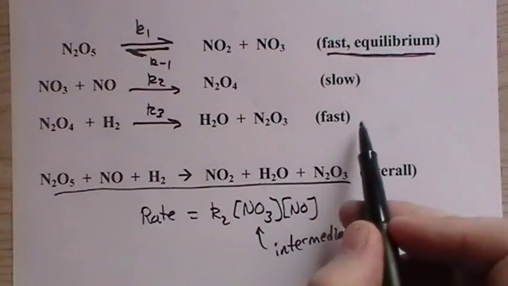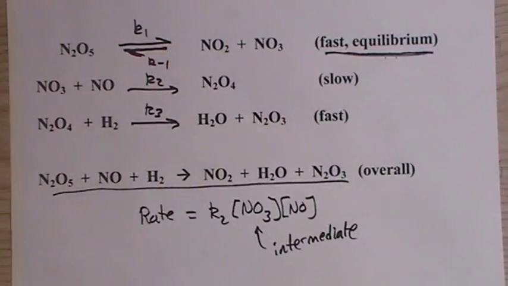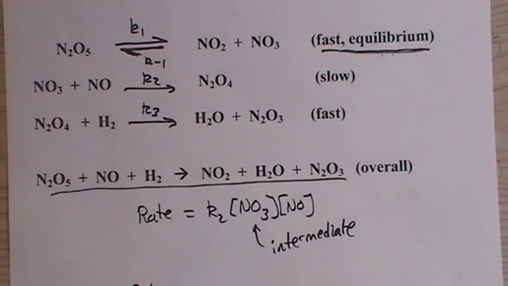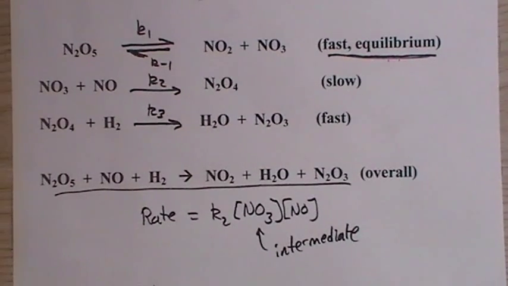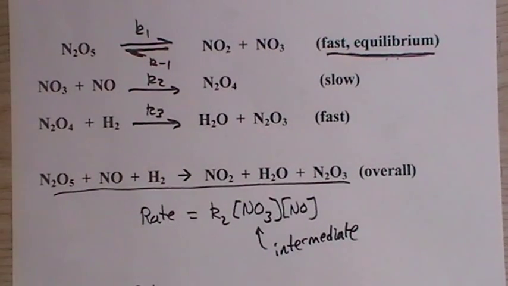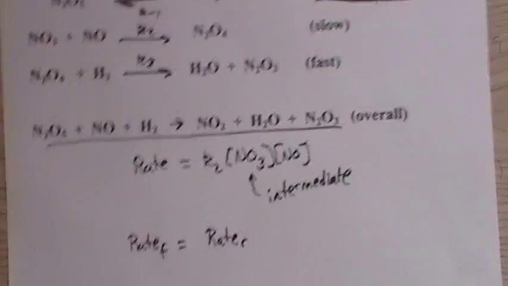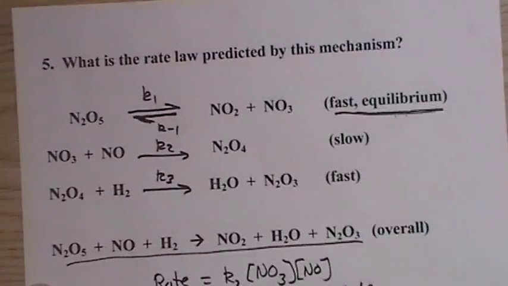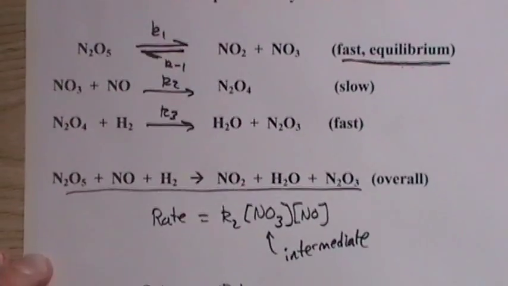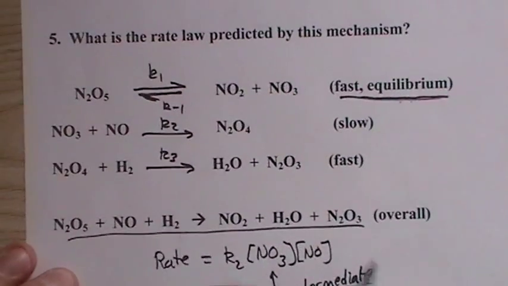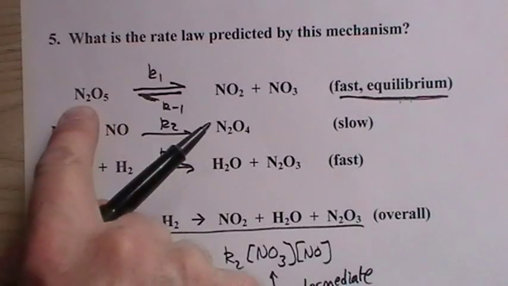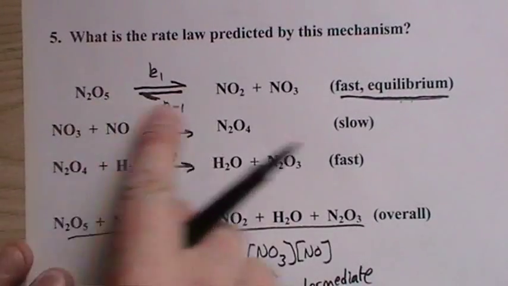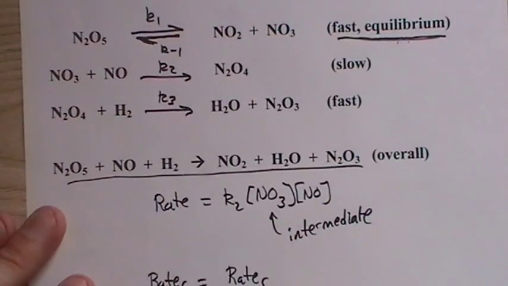We can't deal with the fast step, but this equilibrium step, the rate forward in an equilibrium, and that's what an equilibrium means. The rate forward, so going in this direction, is the same as the rate in reverse. So if we write the rate, unfortunately I don't think I can fit everything on here. So looking at this reaction here, if we write the rate forward, we'll just write it as